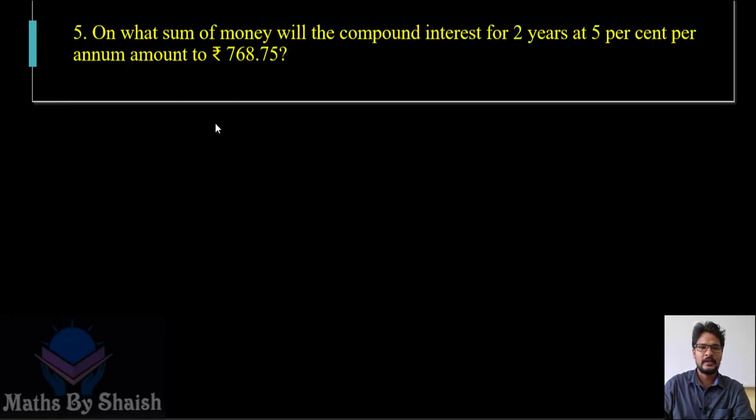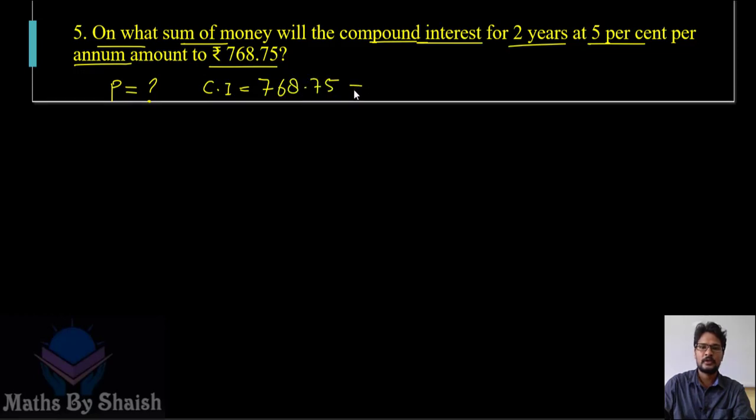Let's discuss the next. Here's question number 5. On what sum of money, again meaning they require P, will the compound interest for 2 years at 5% per annum amount to this? So they have given the compound interest for 2 years at 5% per annum. So CI is given as